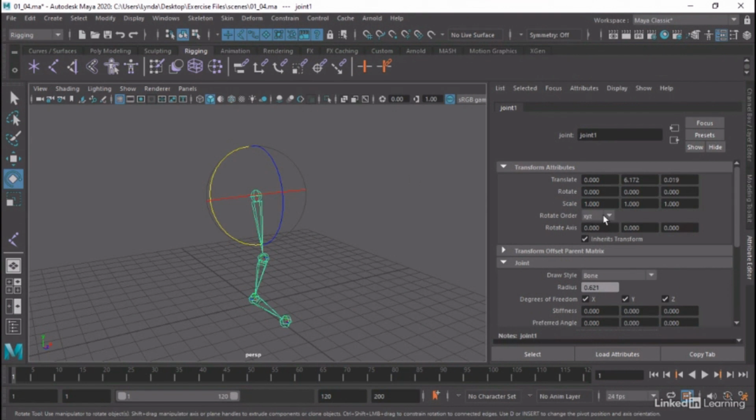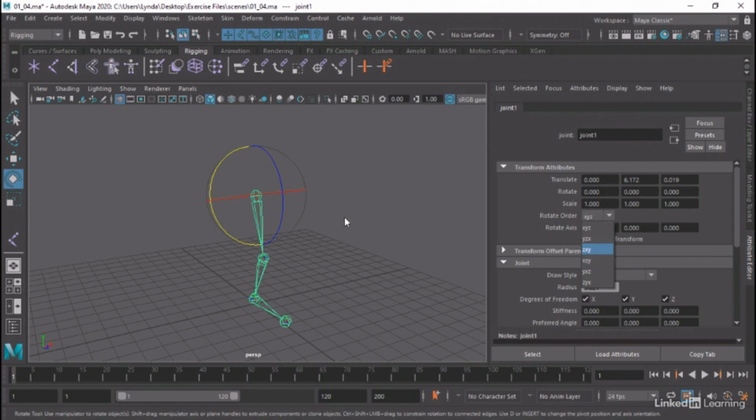Now, if I want to, I can change this. I can change this really to almost any orientation I want. Now, the orientation that you choose is really going to depend upon the character, how the joints are oriented, where the particular joints are in the character. So there's no hard and fast rule for how to set these. But you need to understand that this does exist and that you can change it if you're getting problems with